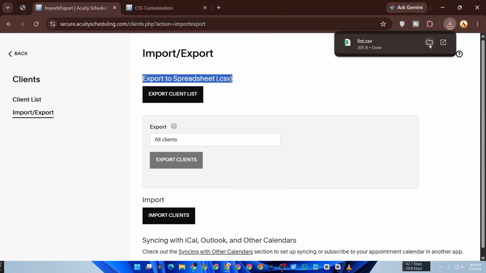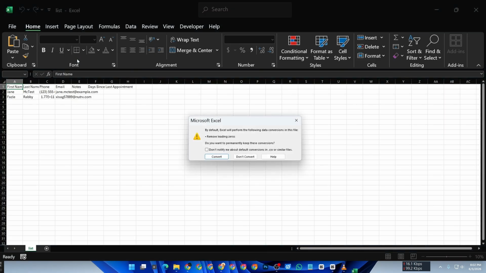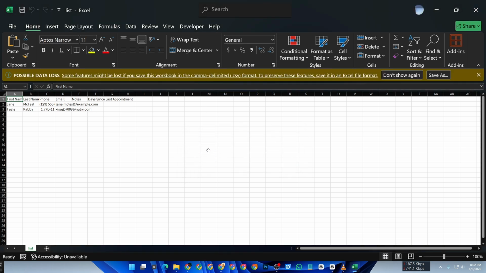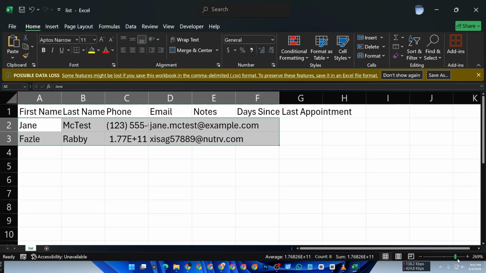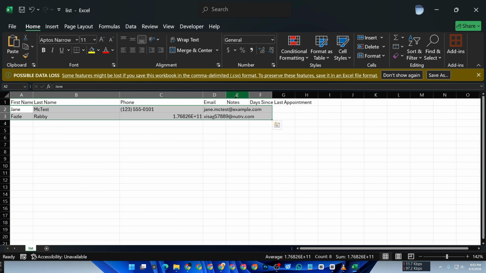Now open the file to view your exported client list. You'll be able to see all your customer details organized in rows and columns. From here, you can filter clients, sort them, or import the data into other tools like email marketing platforms or CRM systems. If you want a cleaner export, you can first apply filters inside Acuity to export only specific client